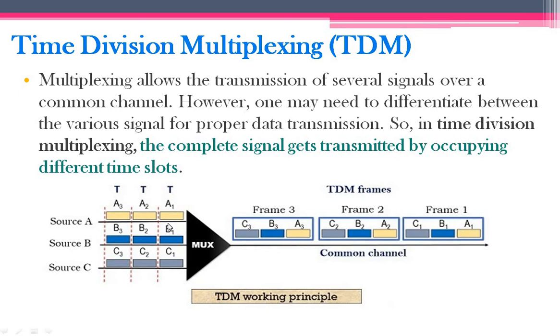First this A1, then A2, and then time slot 1, time slot 2 and time slot 3 with a fixed variable length of 3. So this is how the principle of working of your TDM works. First, very important, several signals will have to be transmitted over your communication channel. So the very first thing, you have to differentiate between the various signals. You have to keep the fixed time variable length fixed, separate the data, and transmit it through a channel. I hope you are clear with the working principle.